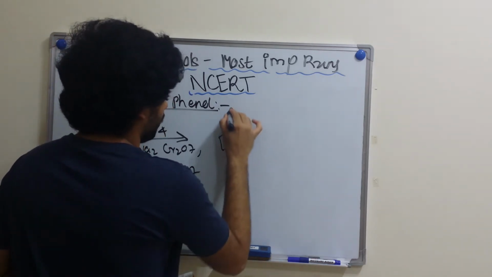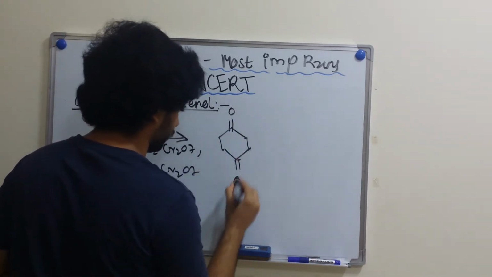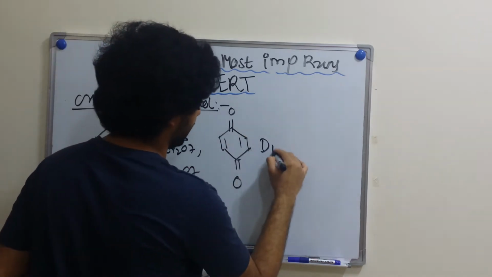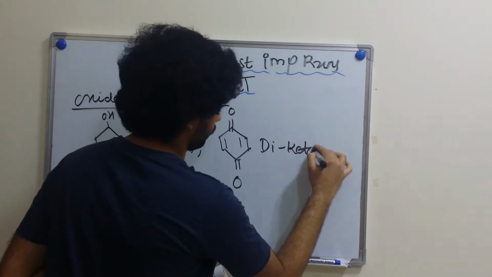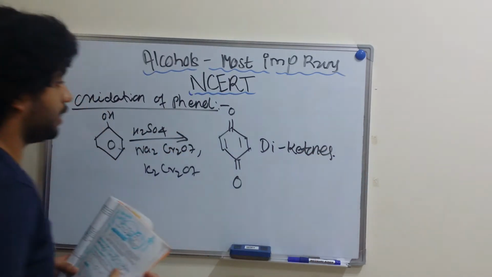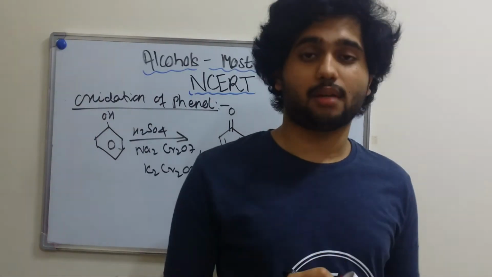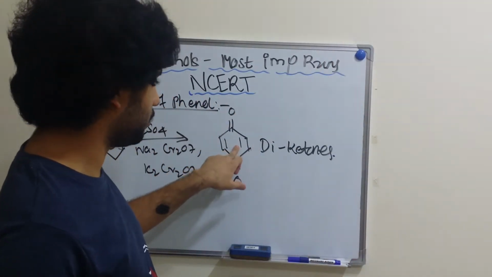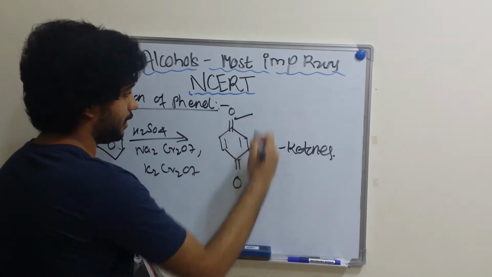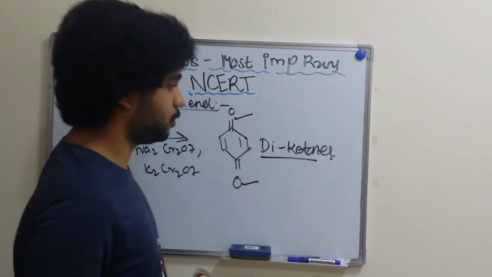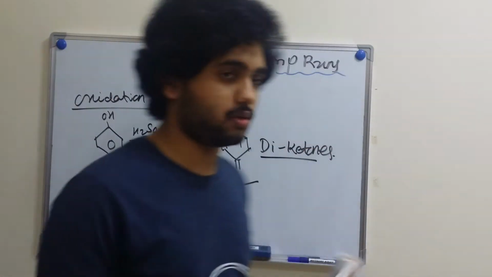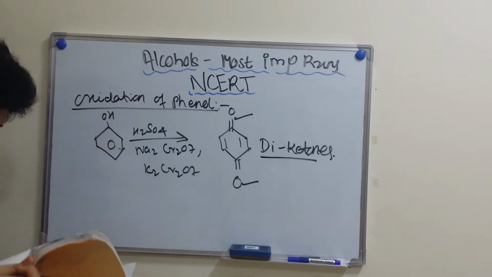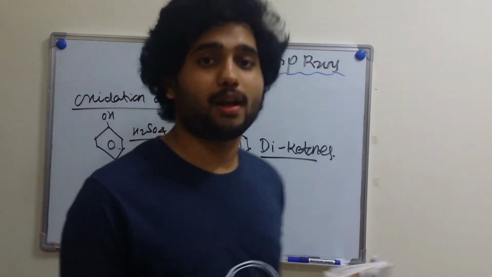This is called a diketone. Remember that, maybe you'll make a mistake here. Please remember that there is no benzene ring inside. Just two parallel double bonds are there, one ketone above and one ketone below. Diketones, also called benzoquinones. You can make a note of this. I hope you all have noted this.